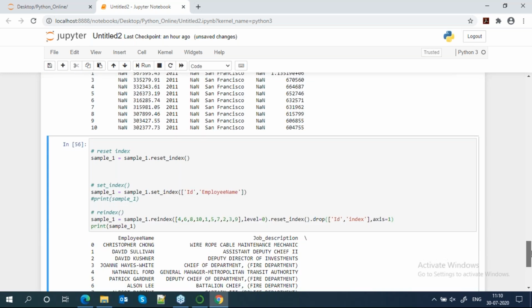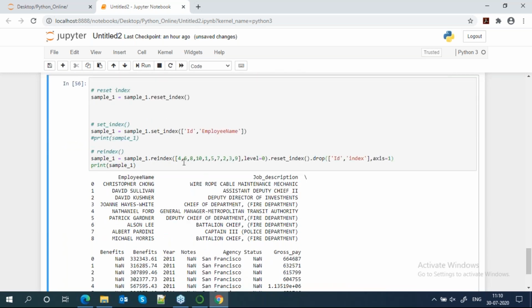So this particular sequence, whatever you give, like 6 1, will be fixed now. And while you are using reset index, it will create a new index. It means it will shuffle and create a new index, and whatever the index was before, it will merge it. You can say it rearranges the index. Is that clear, everyone?